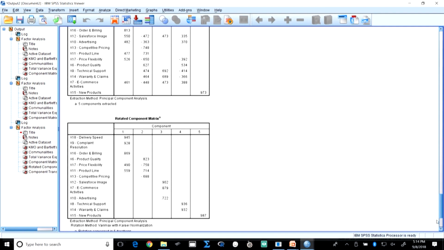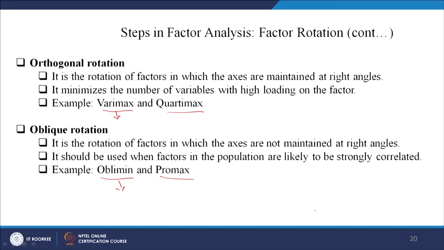Anyway, we have understood by now that when we do a factor rotation, the factors are distributed in a much better way, and their explanatory power improves. What I will do is continue from here, and then go into the next things about rotation: after rotation we have to make a final decision, and then check for reliability and validity, and how to utilize the results that you derive from factor analysis for other studies.